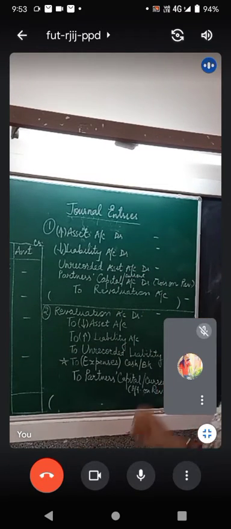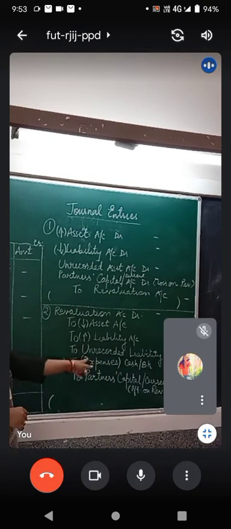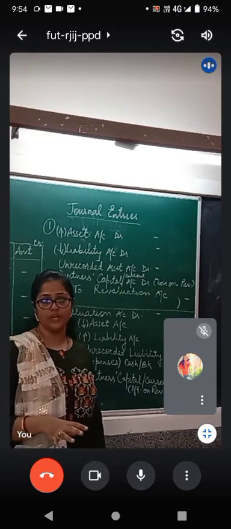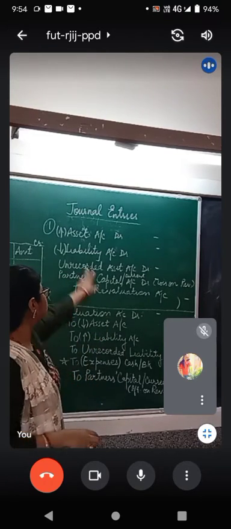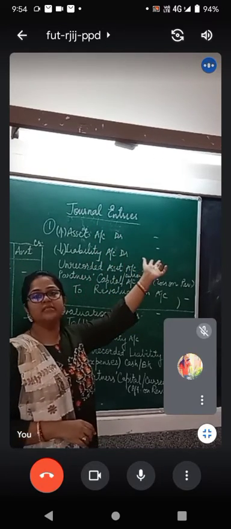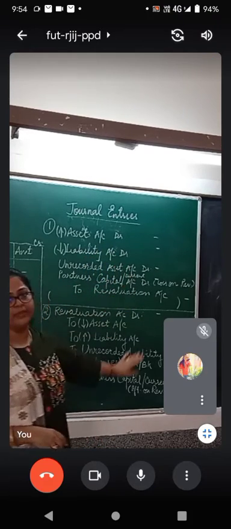Please note it down and write down the narration. Now these arrows you don't have to make while writing the actual journal entries in the exam, but they are just for your reference to learn. Arrow up means there was an increase in the value of asset. Arrow down means there was a decrease in the value of liability, and vice versa.